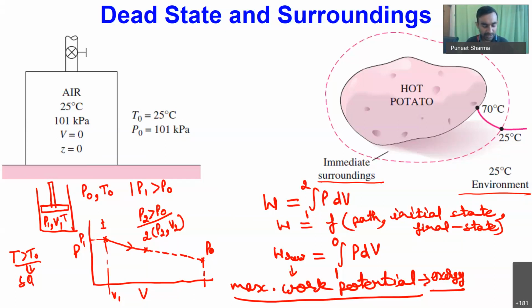For example, if I place this piston cylinder arrangement in surroundings of 1 bar, then at most I can bring that piston to 1 bar pressure. And if I place it in surroundings of 2 bar, then if my system pressure is more than 2 bar, at most I can expand that piston to my surrounding pressure of 2 bar. So this is one very important point: exergy is a property of the system, but it also depends upon the surroundings. Why? Because it represents the maximum potential of work, and when extracting it from the system, we have to bring the final state of the system to the surrounding state.